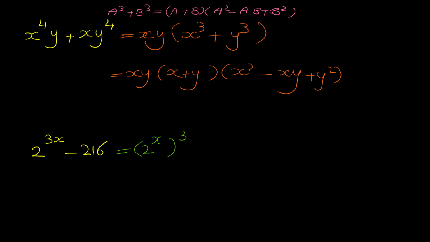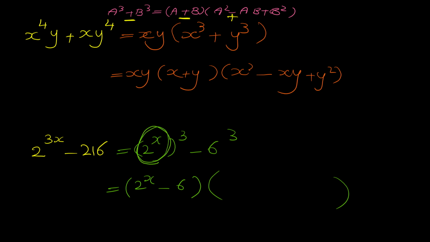Minus 216 is 6 to the 3. So this is a and this is b. Based on the identity, but attention: between them is minus, so we have to use basically this identity, where here is minus, here is minus, here is plus. So the factored form would be a minus b, 2 to the x minus 6, times a2,